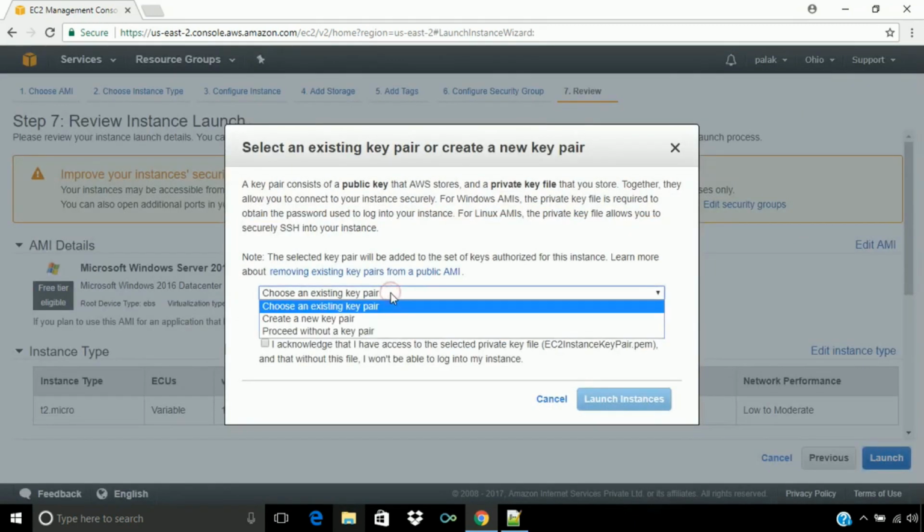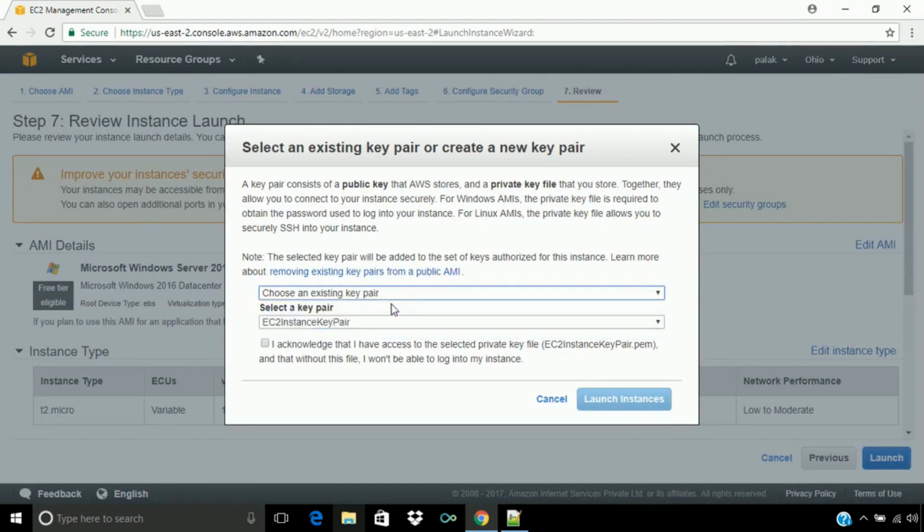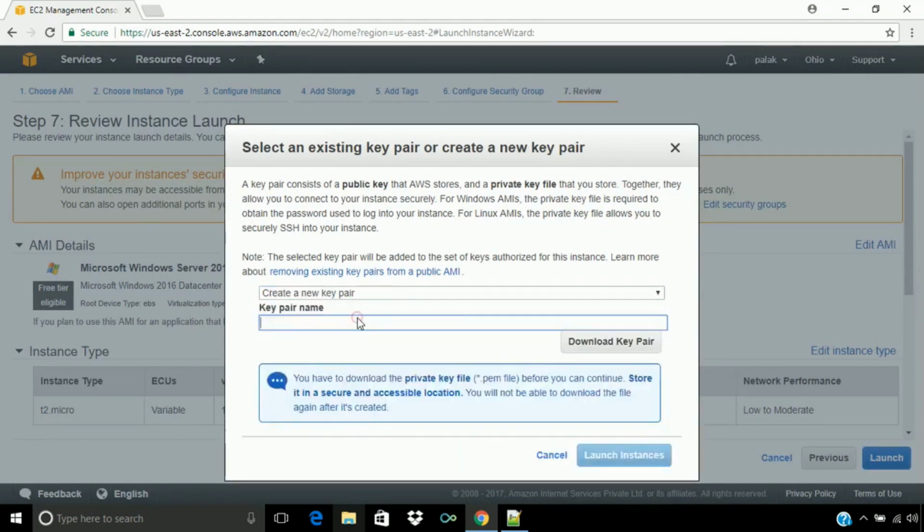Now here, if you have any existing key pair, then you can use that. Otherwise you can create a new key pair, give the name of that key pair and download the key pair. This will be used to decrypt the password while logging in to that server.